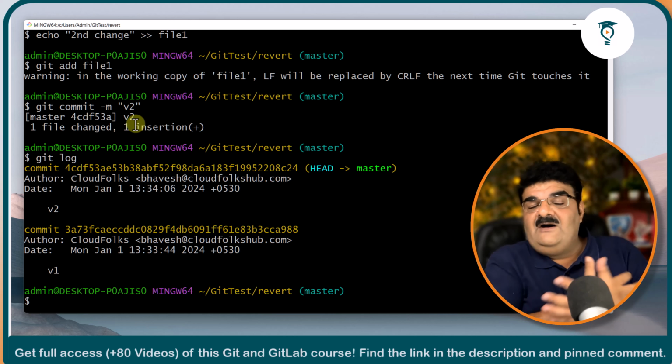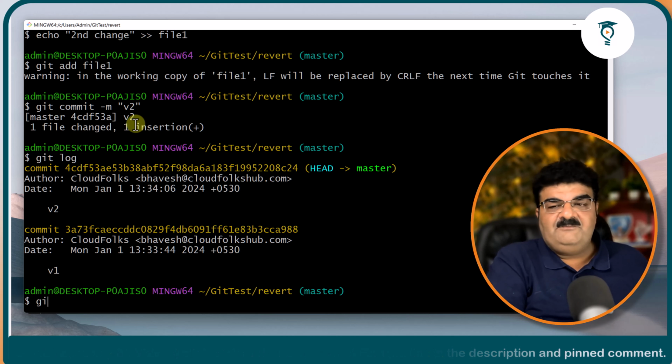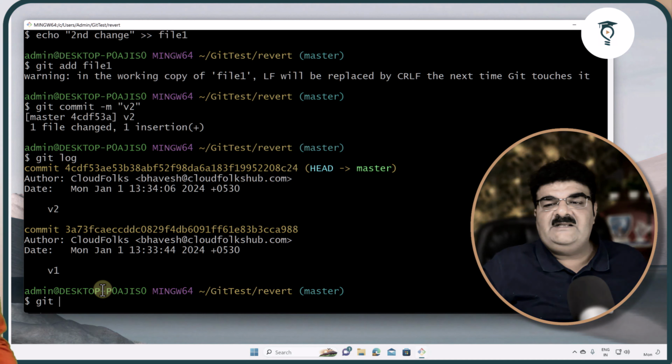And I found that, whatever I have in version 2, I want to rewind this. I don't want the version 2 commit. So how will I rewind or revert this? The idea is very simple. You just need to give the command git